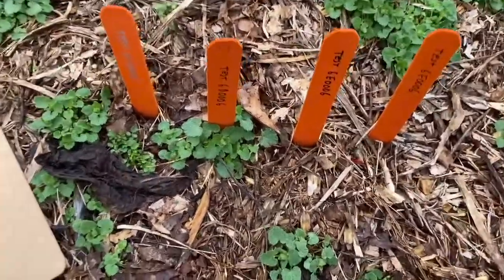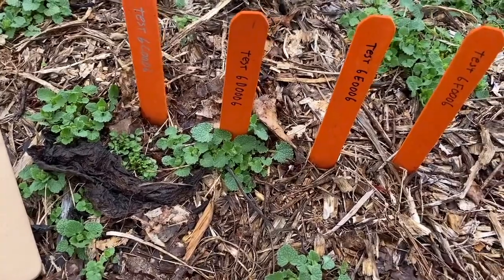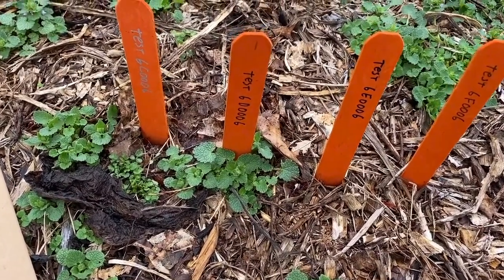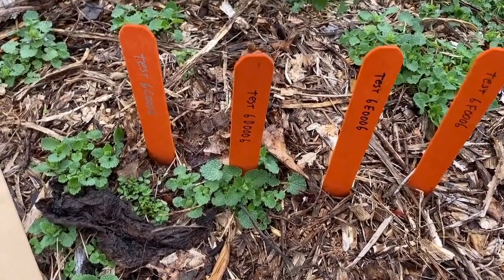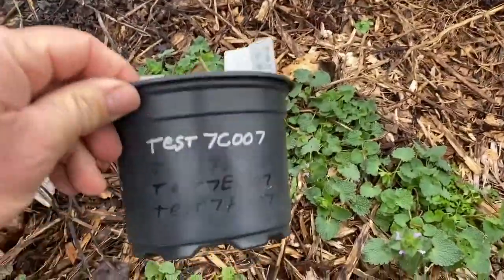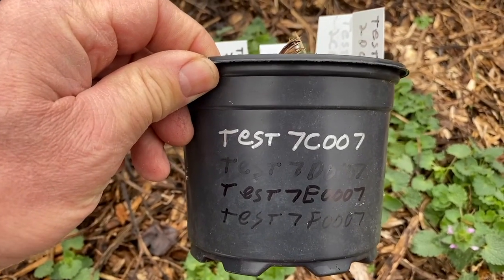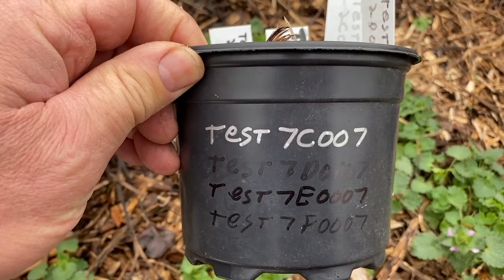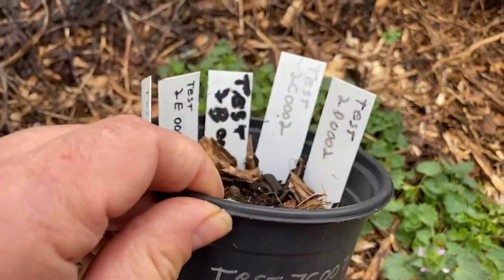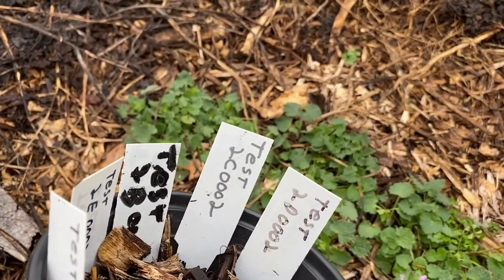Okay, so we are 4 months in, and you can see the orange tags here. Everything looks pretty good. That is the only place where everything looks good. So if we come back and we look at the pots themselves, we can see that everything looks pretty good except for test D, test 7D007. And as we look at the upper ones here,